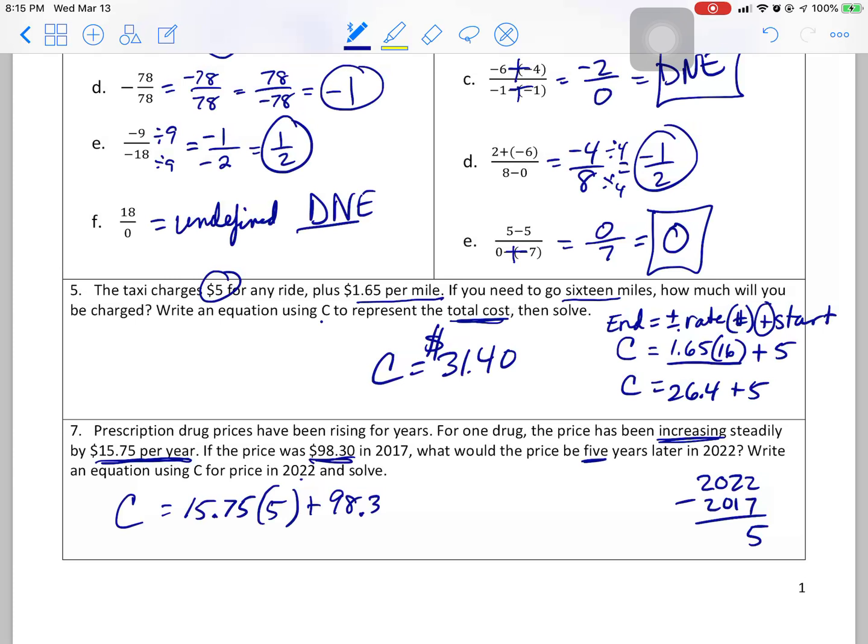98.30. So order of operations, do that. That is 78.75 plus 98.30. I don't care in the order. If you feel comfortable putting the C on the other side and all this on the other side, that's fine. That doesn't matter. So C ends up